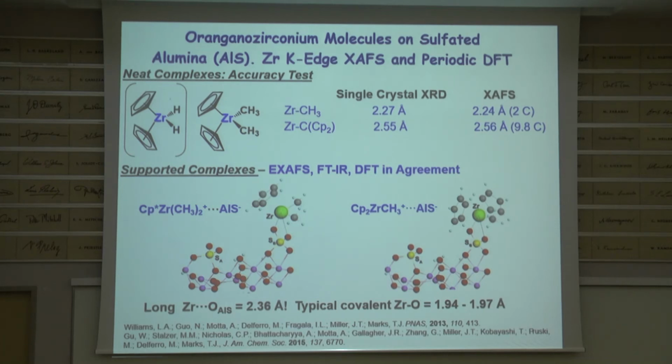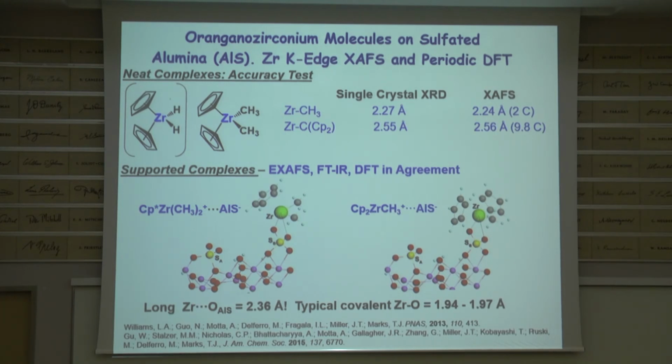And what's happening? The first big surprise is the zirconium-oxygen distances are very long. In a typical covalent zirconium alkoxide, they're going to be 1.95, something like that, 2.36. So it's as if this d0 14-electron cation is floating on an anionic oxide surface. I can't tell you about the mobility. We should try to measure that by NMR, but it's as if it's floating. It's a very weakly bound cation, which explains why it's so phenomenally reactive.